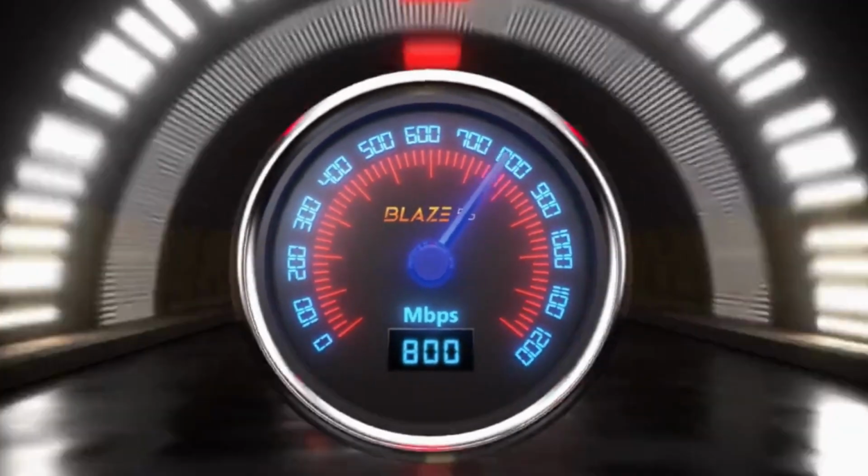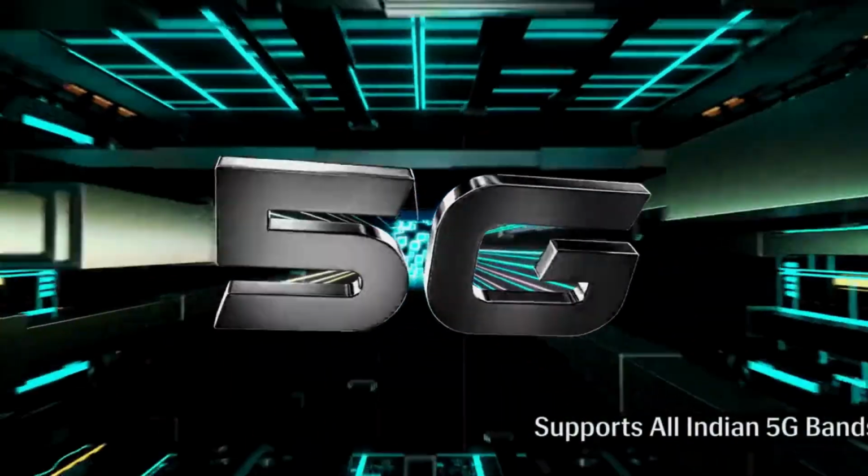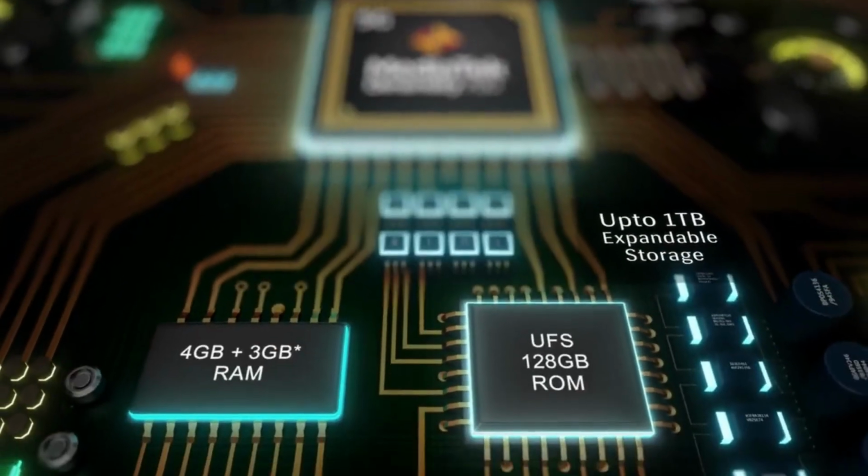Connectivity options include 4G LTE, 5G, Bluetooth version 5.1, OTG, and more. And it's powered by MediaTek Dimensity 700 processor, has 4GB plus 3GB virtual RAM for a high-end